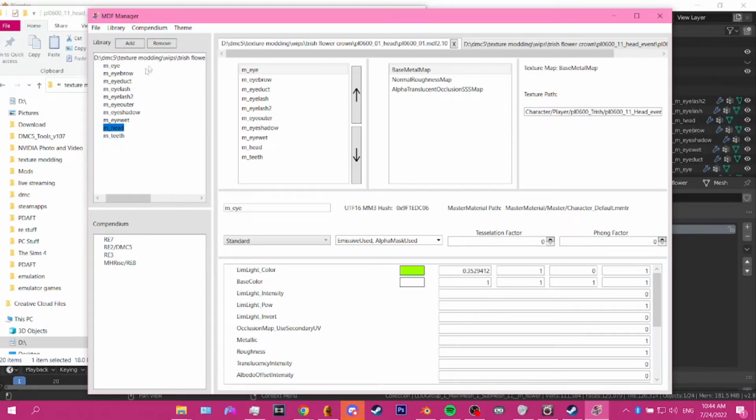Once you have that drop-down menu selected, you're going to just choose any material. All of these here are the different materials that the MDF has. I'm going to choose the eyebrow and drag it over here, and you'll see that it added another eyebrow material. I'm going to click on it and rename M_eyebrow to M_flower. And then for the base metal map, that's going to be the ALBM map, or ALBD if you're working in one of the newer Resident Evil games. I'm going to keep the same file path, and I'm just going to call it